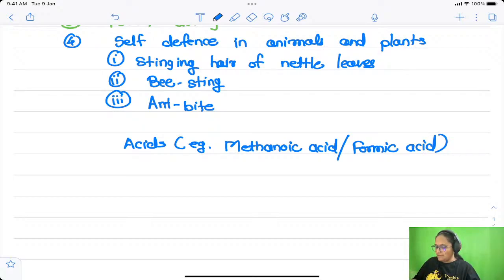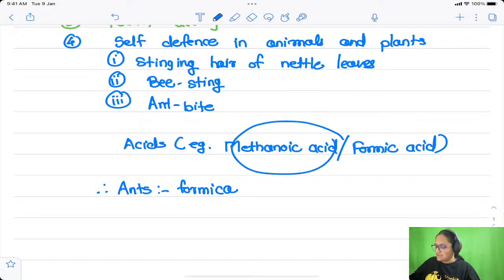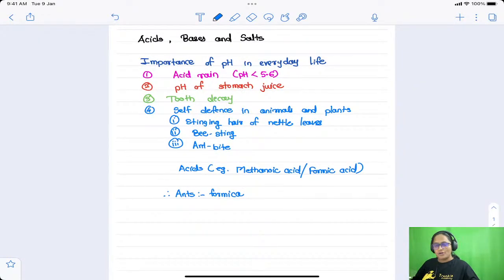And therefore ants are called formica. Formica stands for ant. Therefore this acid, methanoic acid, is commonly called formic acid because it is present in ant bite. Okay, so this was the importance of pH in day-to-day life, which we discussed in